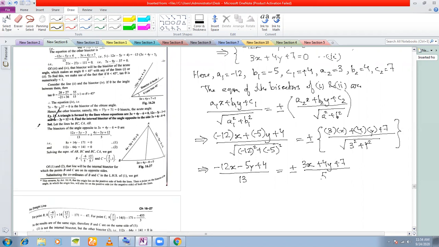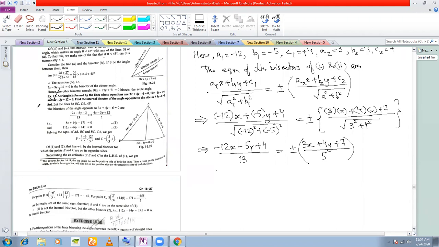Square root of 25 is 5. Okay. So what you do here is you take the positive sign. Taking positive sign, we get